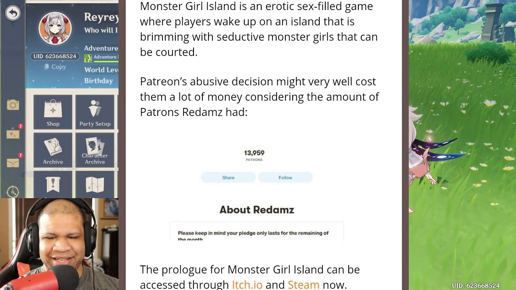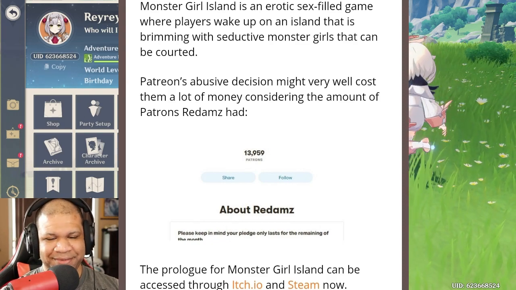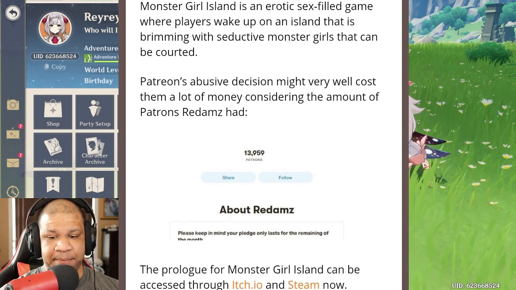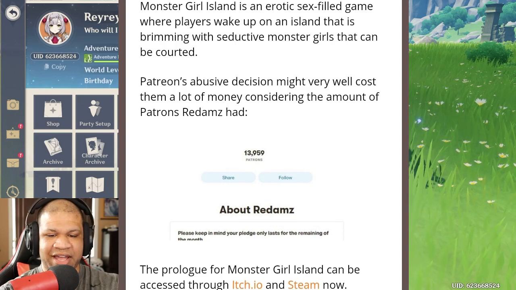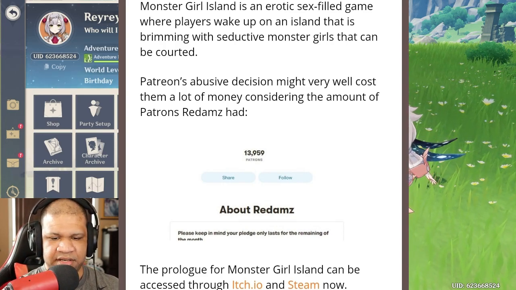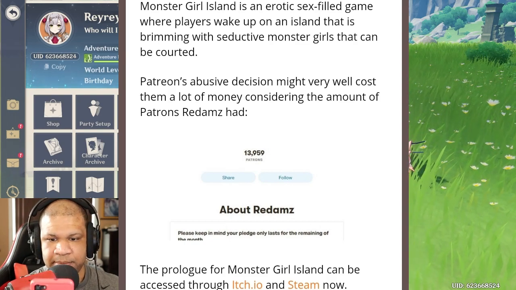And then the final words here: Monster Girl Island is an erotic, sex-filled game where players wake up on an island that is brimming with seductive monster girls that can be courted. Patreon's abusive decision might very well cost them a lot of money, considering the amount of Patreons Redamz had. Oh dear God, I didn't know he had that many people. I cannot zoom in. Stupid website. It was about, from what I can see here, about